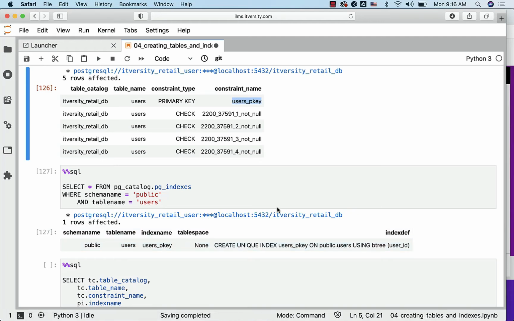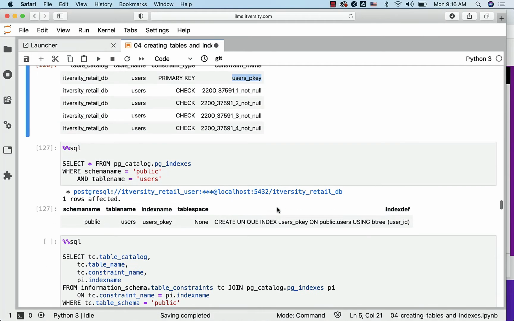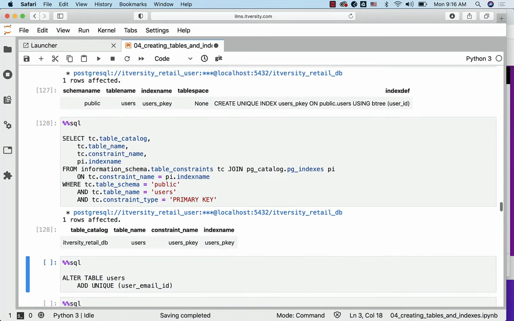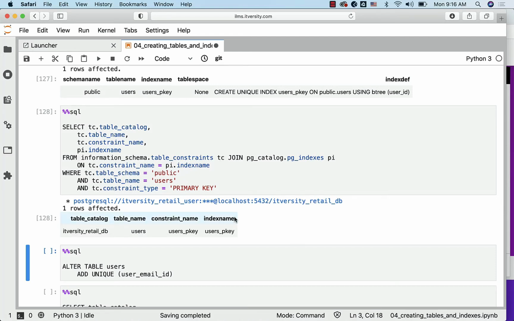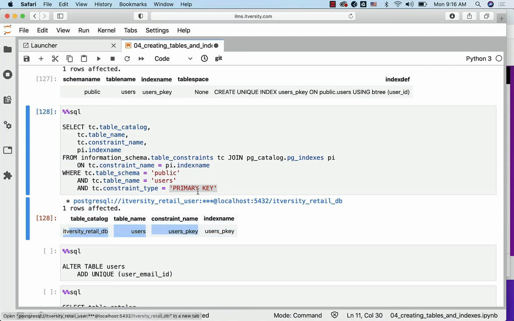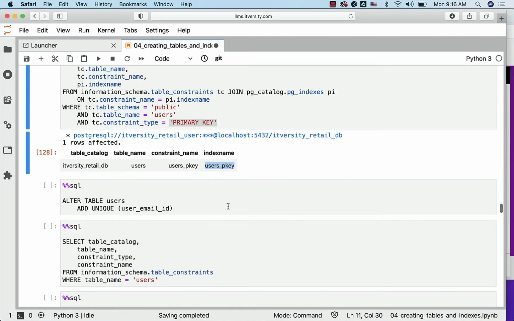However, we just do alter table and create the primary key, which will take care of creating these indexes for us. But it is possible to pre-create the index and associate with the constraint while defining the constraint. Now we can run this query, which will give us the details of both constraint as well as index for table users, especially for primary key constraint. You can see table catalog, table name and constraint name coming from table constraints, and then index name coming from pg_indexes. You can join based upon the constraint name and index name between these 2 tables or views to get these results. Now let's create a unique constraint.